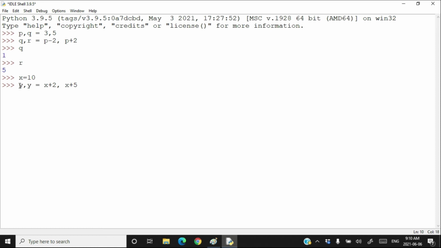At the first place also you are changing the value of y and made it 12. But in the second case, you have changed the already contained value of y and changed it from 12 to 15. Initially it was 12 and then you changed that value to 15. That's why the final value of y is now 15. Type y and you have 15.